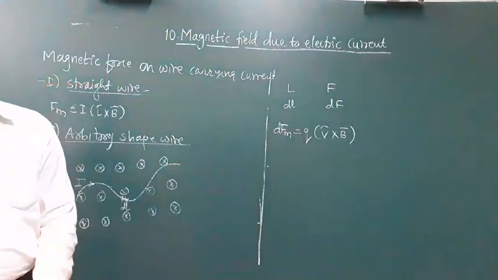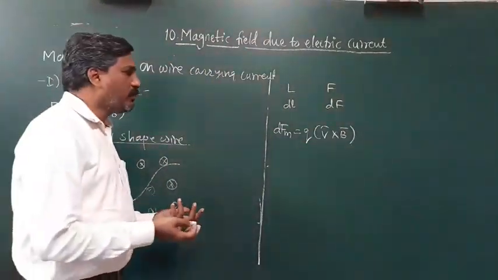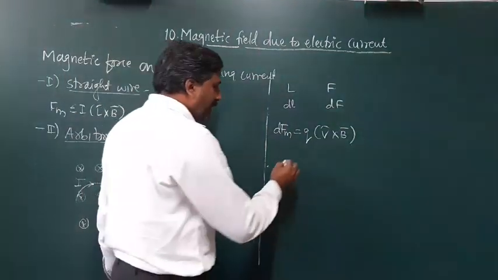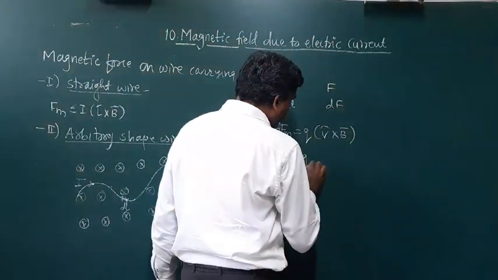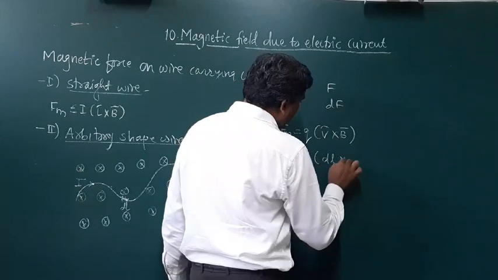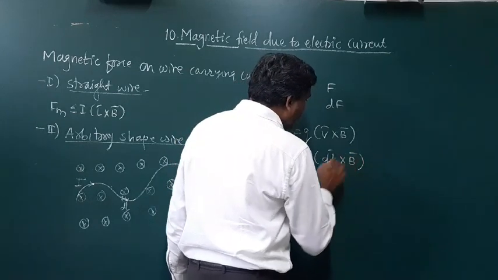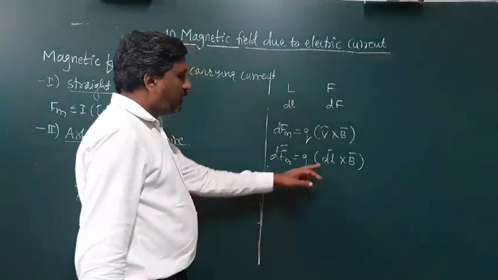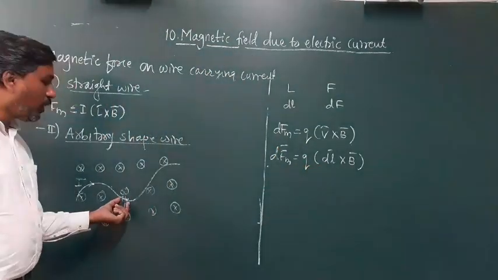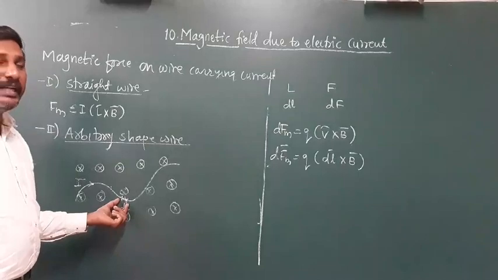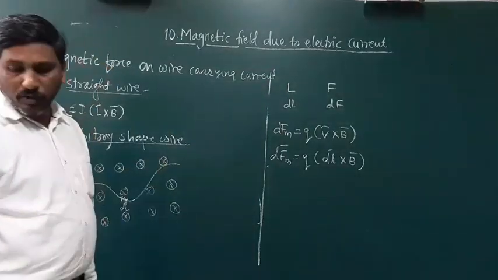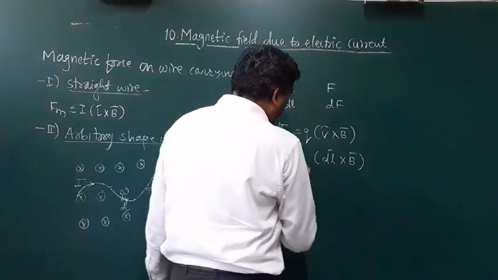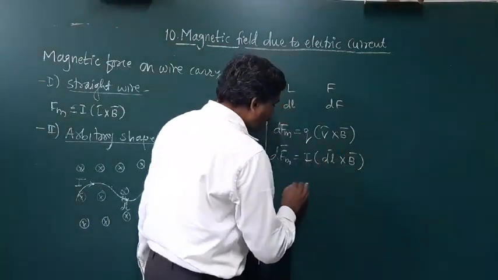Charge, q amount of charge, we have to substitute it as I dl, that is the length, because we are taking the length. So I am taking one more formula, I (dl cross B). Why select dl here? Because I am calculating first the magnetic force for a short element whose length is dl. So I am taking dl cross B here. If I simplify this, sorry, here not I, if B is there then I.